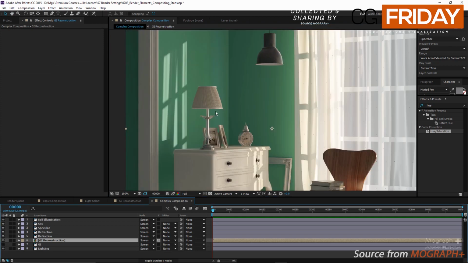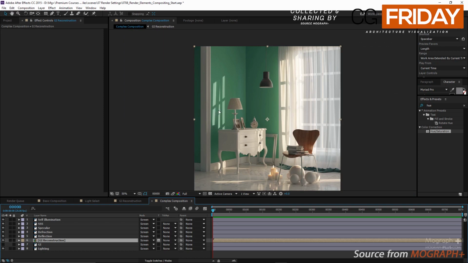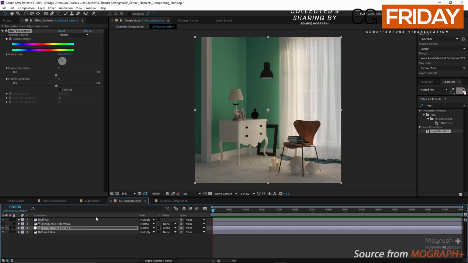Simply reconstruct the lighting path by multiplying the very raw lighting and very diffuse filter, isolate the wall and adjust its color the way we did it for the GI path, and use the resulting comp instead of the lighting layer in the complex composition. Or we can simply